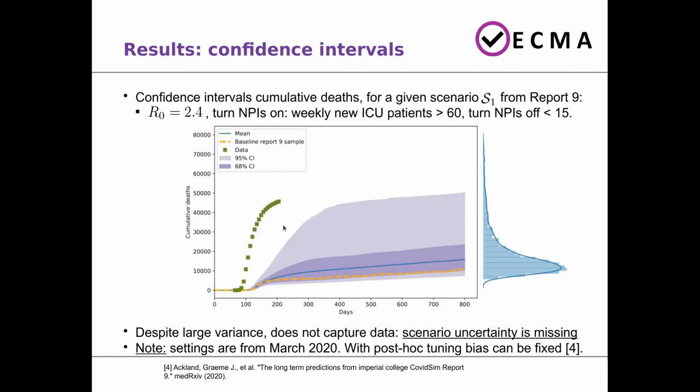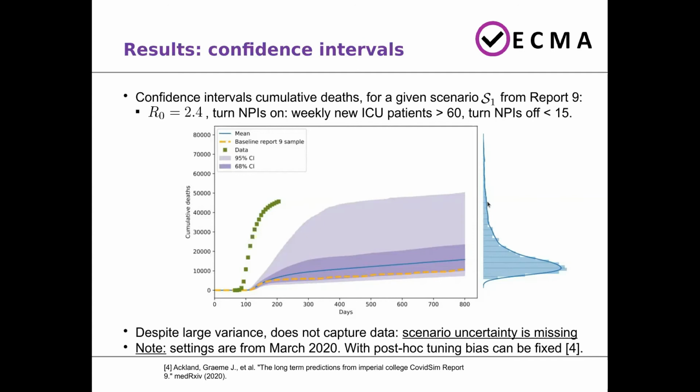And so these are the results in that case. They're pretty straightforward, I think. The mean is the blue line. The purple shaded areas are confidence intervals, 68 to 95%. And this PDF that you see over here is the PDF of the final predicted death count after 800 days. You see a mean around 10,000, but it's highly skewed, and a small but non-zero probability of 50,000 is also